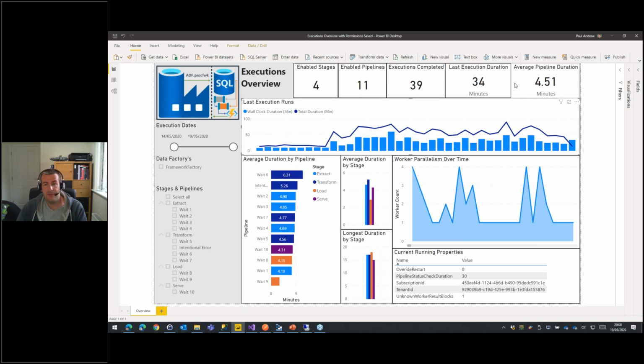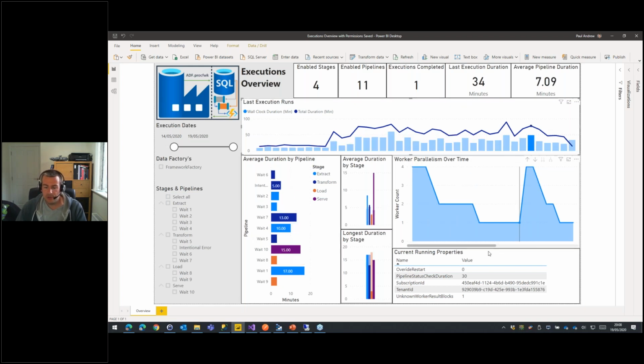Power BI dashboard if that's what you prefer to use to monitor your executions. Nothing too exciting here, but one visual that was quite interesting and was quite fun to create was what I've called this worker parallelism over time. So if I pick a given execution that took this long to run and then duration, if we look at